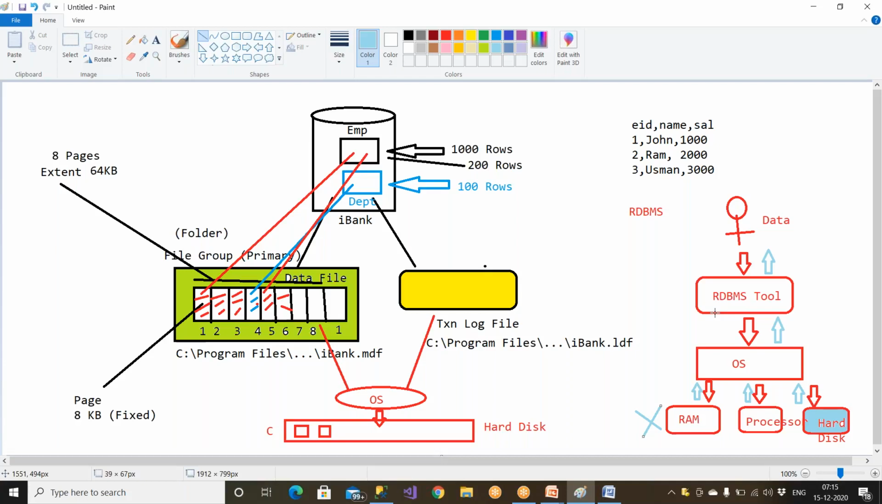Clear? And when you need the data back, RDBMS will ask the operating system. The operating system will go to the hard disk, fetch the data, and give the data to the RDBMS tool. RDBMS is showing the data to the customer, or to the applications. Clear? So here